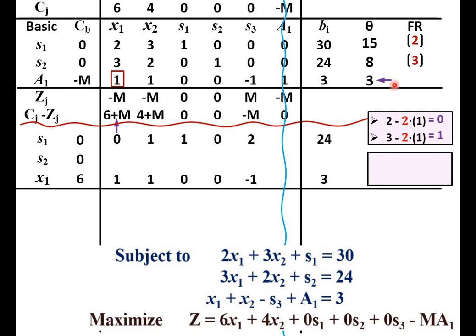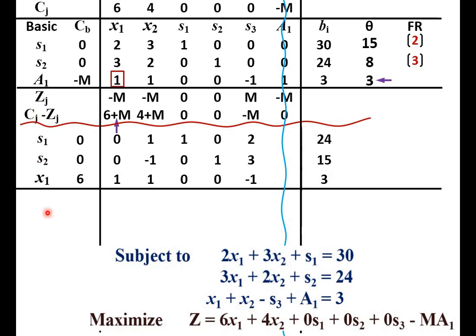Now for the second row. So once again same formula, old value minus fraction ratio into corresponding value from key row. So it will be 3 minus 3 into 1. So that will be 0. Next 2 minus 3 into 1. So simplify, you will get as minus 1. So I can write over here 0, minus 1, and similarly you can find the remaining values.